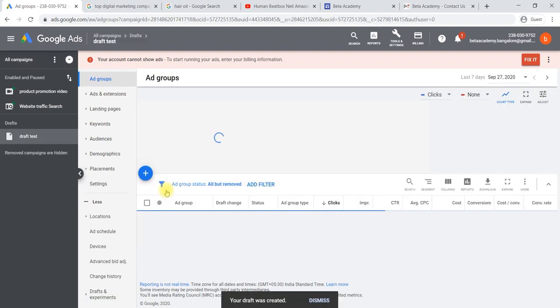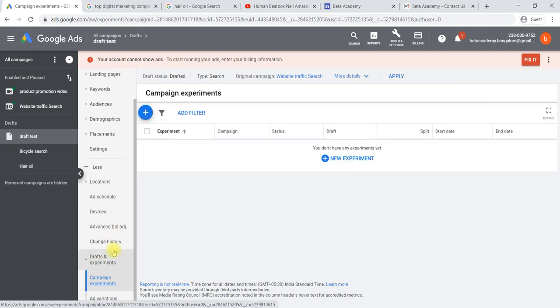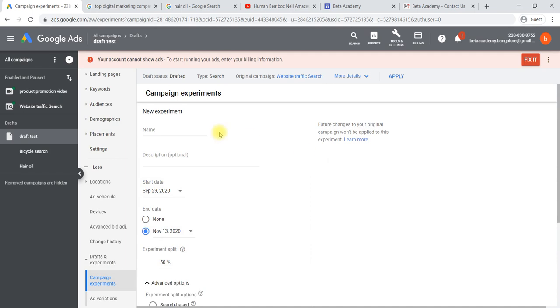Here we have created two ad groups in that particular campaign. We have two ad groups, they have been taken into your drafts. We'll go to drafts and experiments, and campaign drafts. Here, new draft. Here you can create a campaign experiment, like a new experiment name you can give,